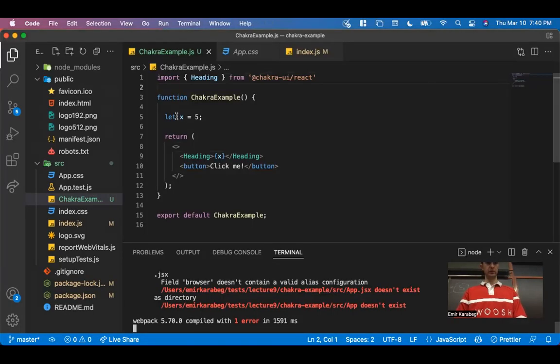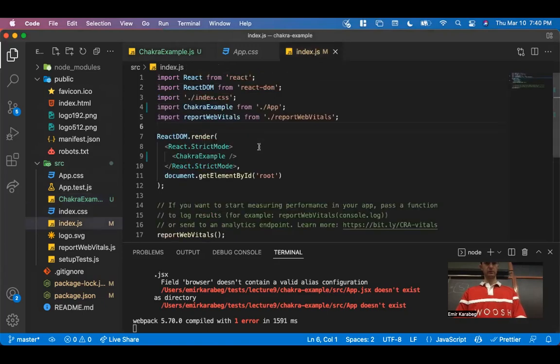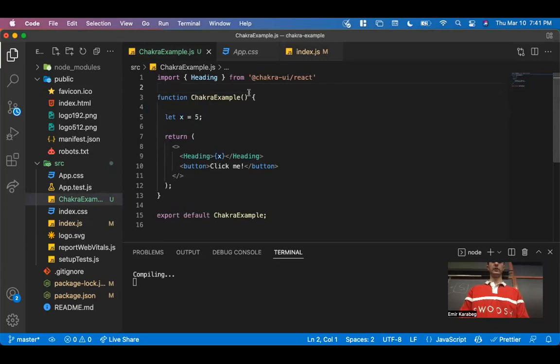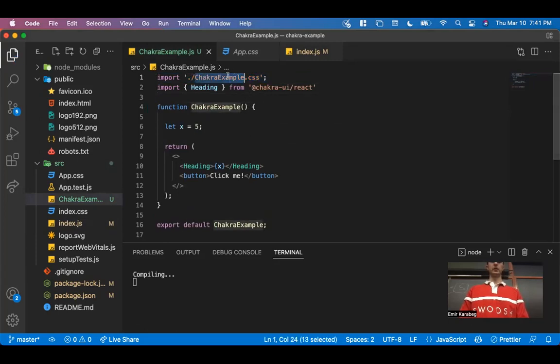Oh, source index.js. Oh, Chakra example from app. Okay, that's why. We have to call it Chakra example. Oops. In our import statement, I imported it and then I changed the name. So it was looking for Chakra example inside of some file named app, but then we changed that to Chakra example. So we have to change this again to say Chakra example. Okay, that's why. This is fine. I can save this CSS here. This does not exist. So let's go app.css. But honestly, it's useless because we already